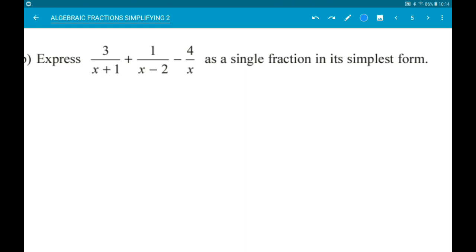So, the common denominator is going to be (x add 1) times (x minus 2). So we're going to have 3 lots of (x minus 2) over (x add 1)(x minus 2)